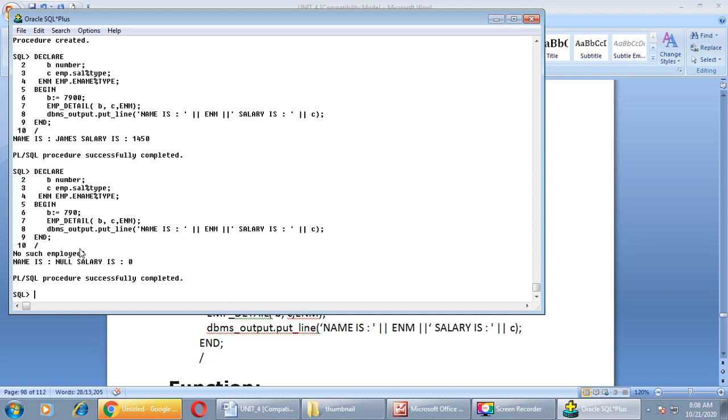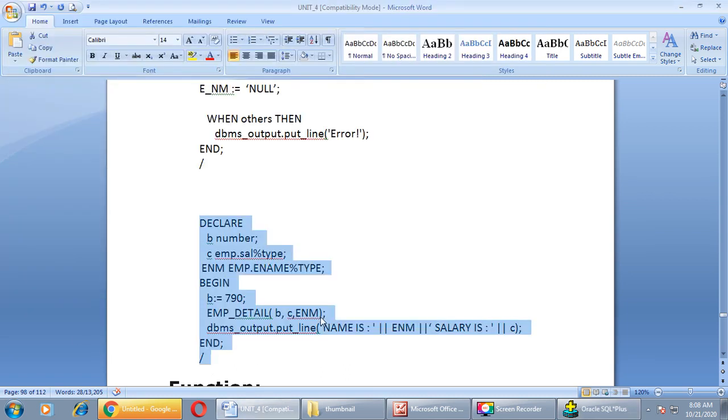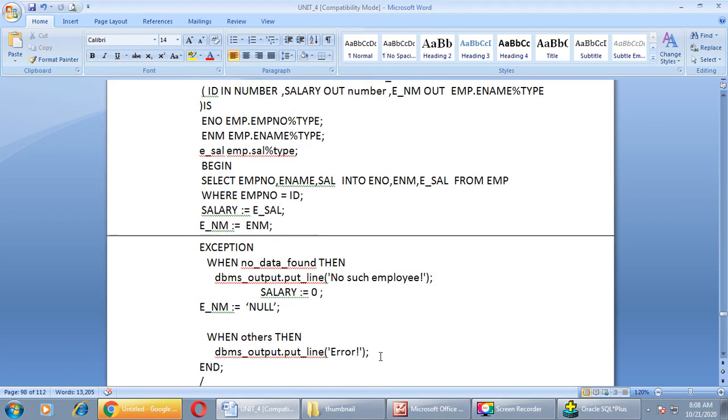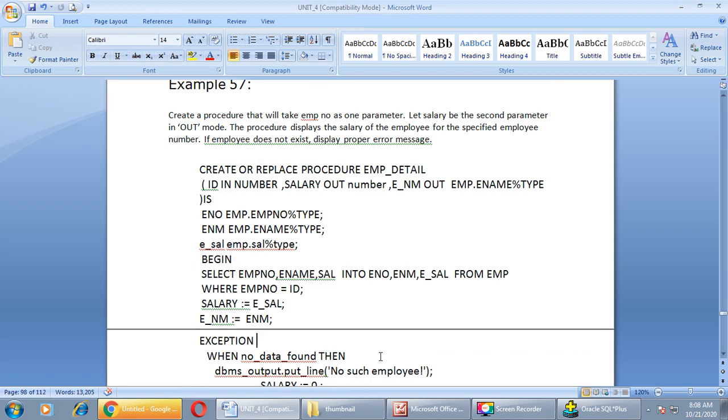No such employee exists, and we have set the name null and salary is 0. So we got an appropriate error message, right? So here it is, all the blocks are covered: name block, begin block, and exception block. So this is an example of exception section in procedure.